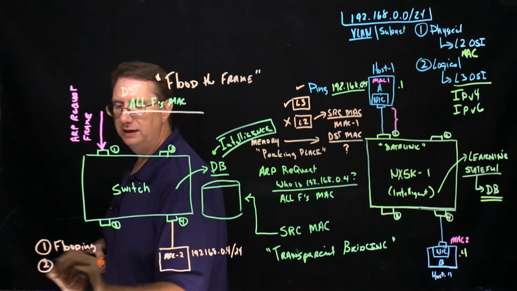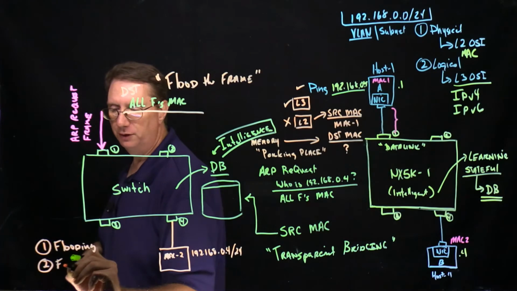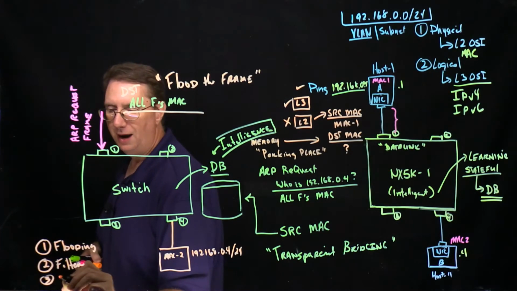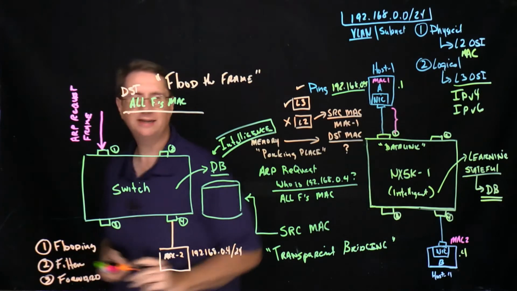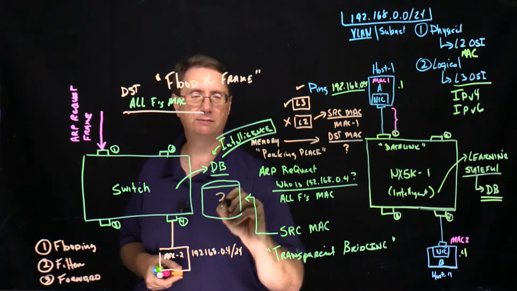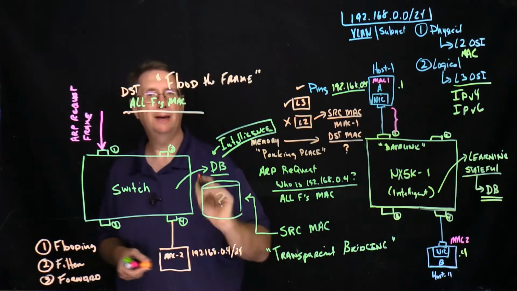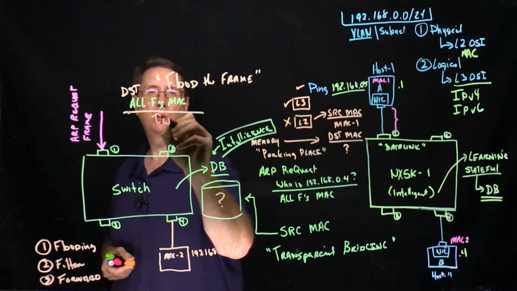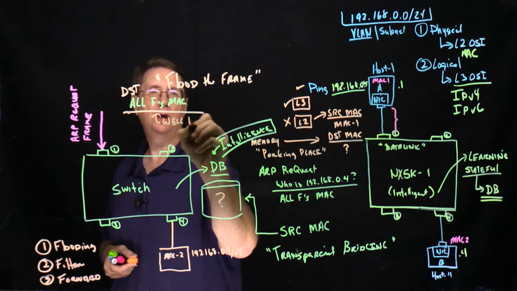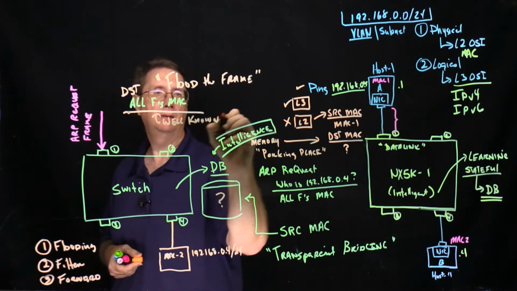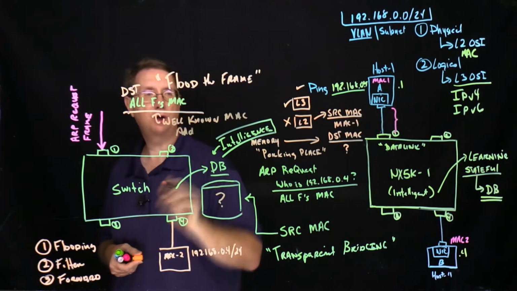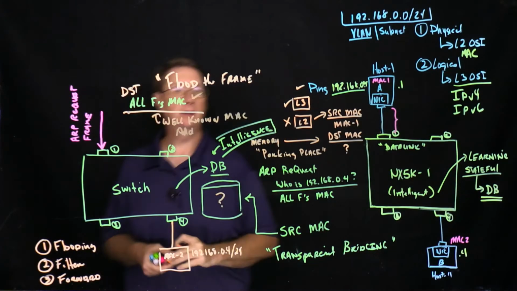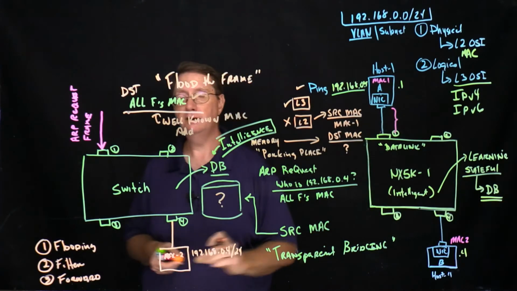The second is going to be I will filter frames, and the third will be that I will forward frames. All based on what I know that's being driven by this database and based on what we refer to as well-known MAC addresses, of which all F's is the broadcast or the flood